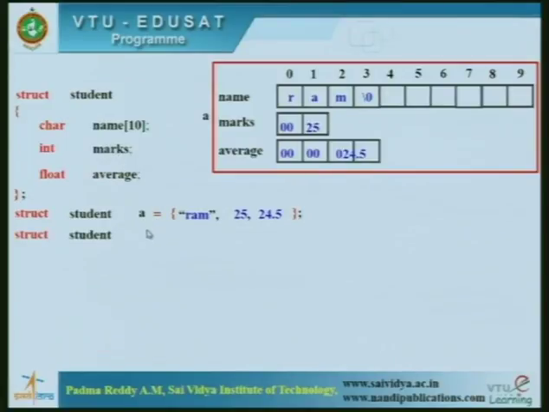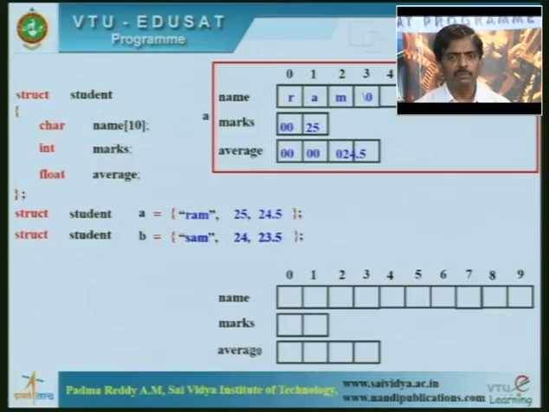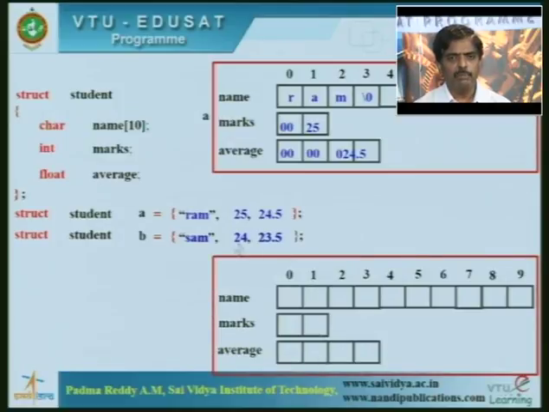Now if you want another variable, suppose I write B. Here I write B is equal to Sam, then we have 24, 23.5. Now what will happen? Again, for name, how many bytes of memory locations will be reserved? 10 bytes. And then what is the next field we have here? Marks. So for marks, we require how many bytes of memory? 2 bytes of memory. And then what is the last field we have? Average. Average is of type what? Float. So float takes how many bytes? 4 bytes of memory. All these memory locations can be grouped into a single block like this, and